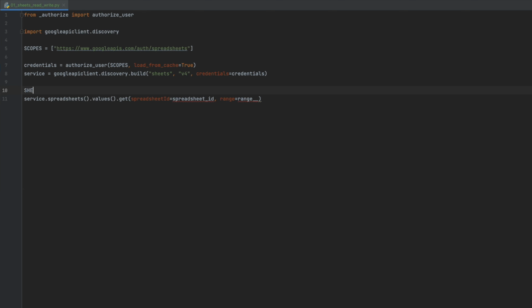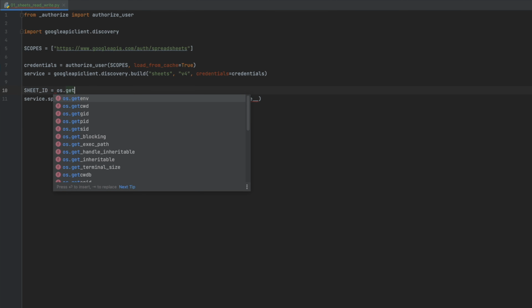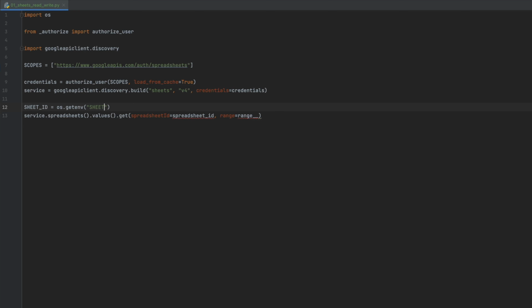Okay, for the sheet ID, I have already put it in the environment variables, so I get it from os.getenv sheet ID. You can put in a string here if you want. I did this because I want to push the same code that we see in the video into the repository. Sheet ID, then the range was M2 to N. Then let's execute this